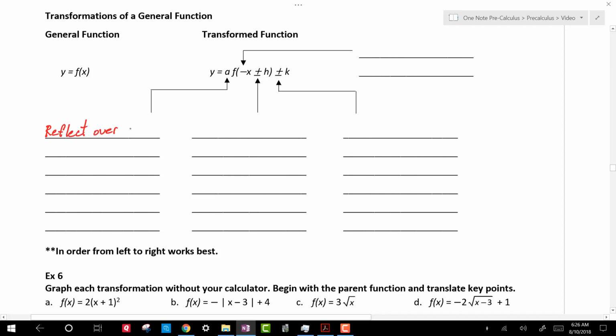over the x-axis if a is negative. All right, but that's not the only thing we saw. We saw that it also gave a vertical stretch